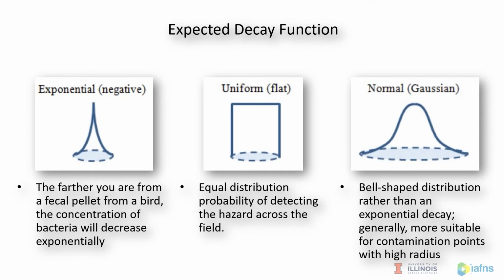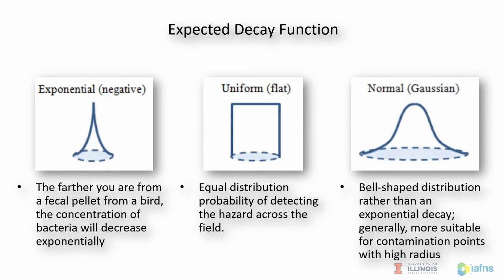For example, the farther you are from the fecal pellet from a bird, the concentration of bacteria and the probability of detecting the hazard will decrease exponentially. The uniform decay function is usually linked to a widespread contamination event where the contamination has been equally distributed across the field,